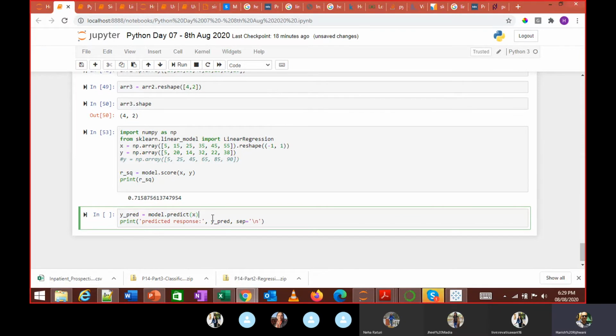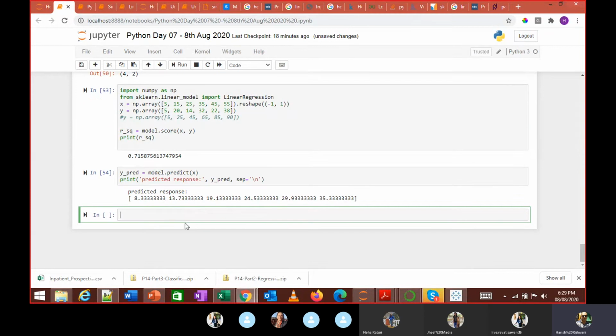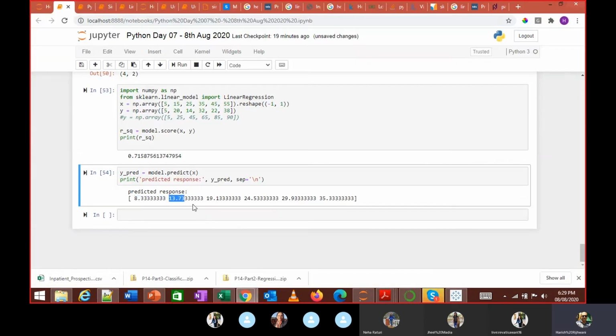So for this particular x, I know a particular value of y, and here I get these values, 8.333 for each of them basically.